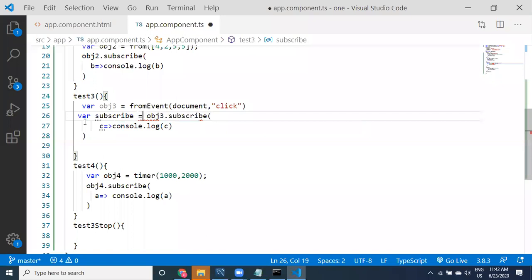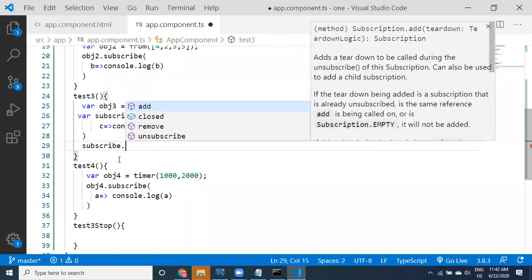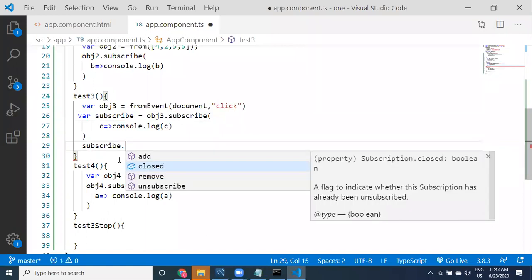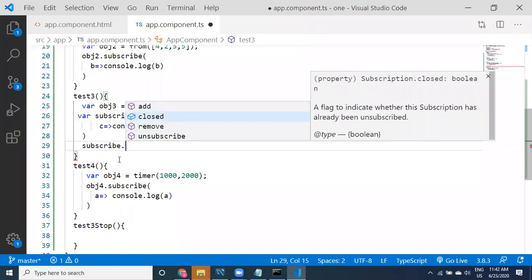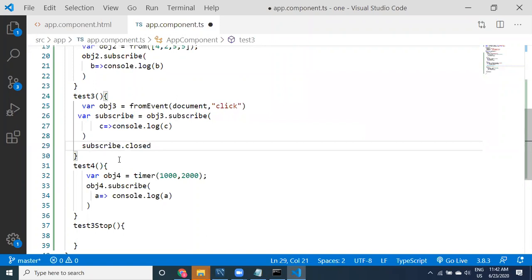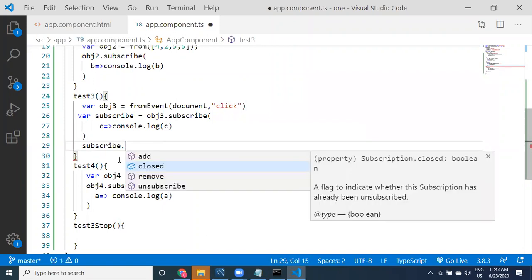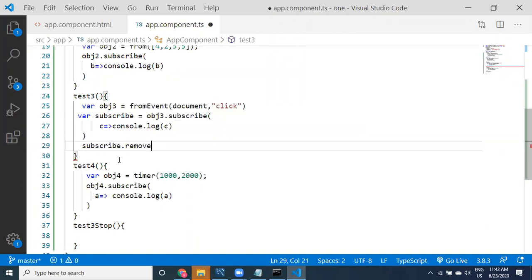I'm going to show you first. Subscribe dot closed. Subscribe dot, what is the method we have? Maybe remove. Whenever you say this, it is going to be removed.